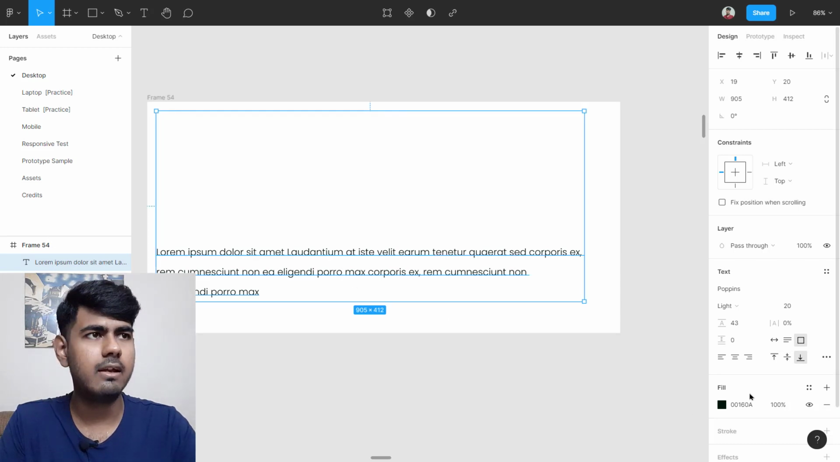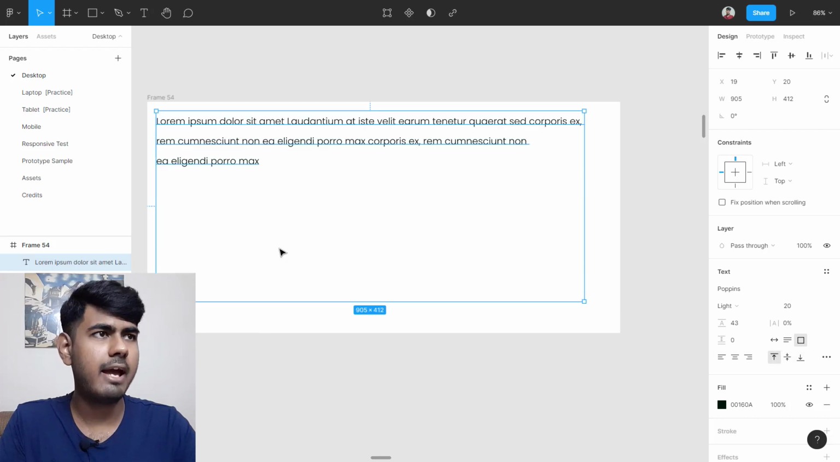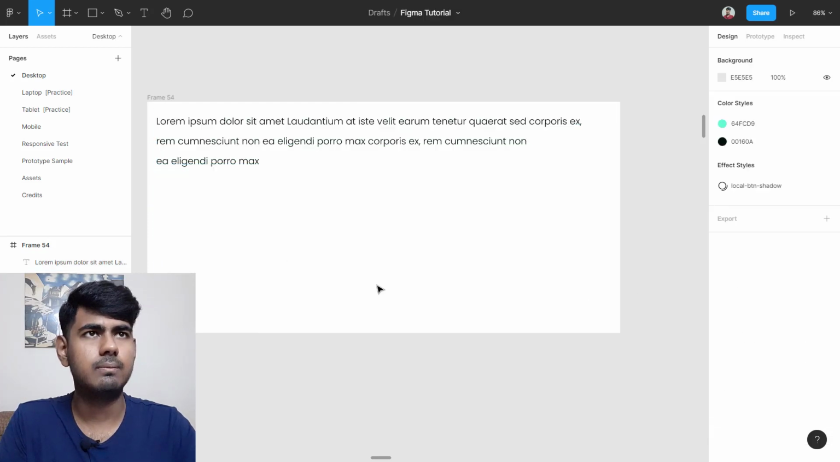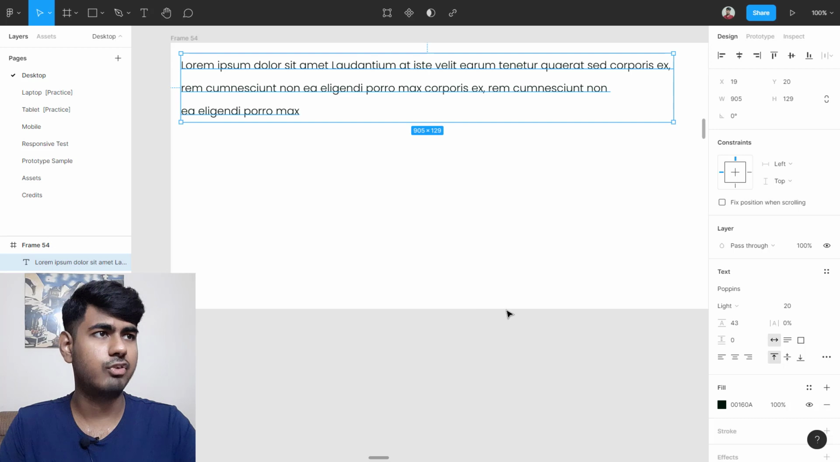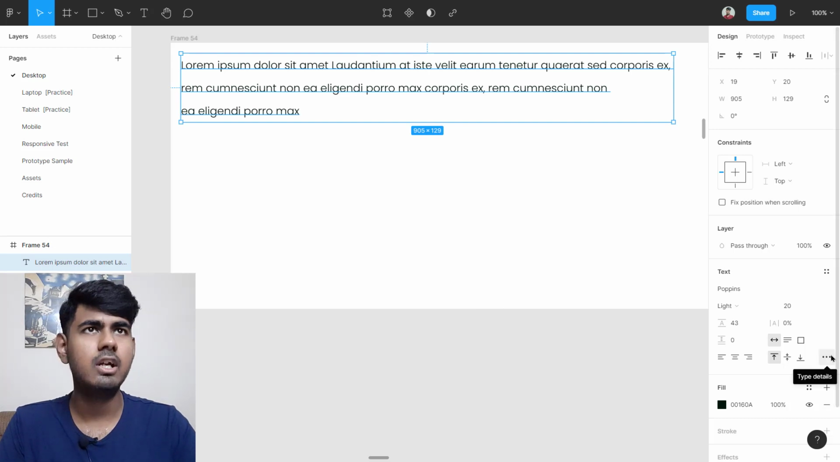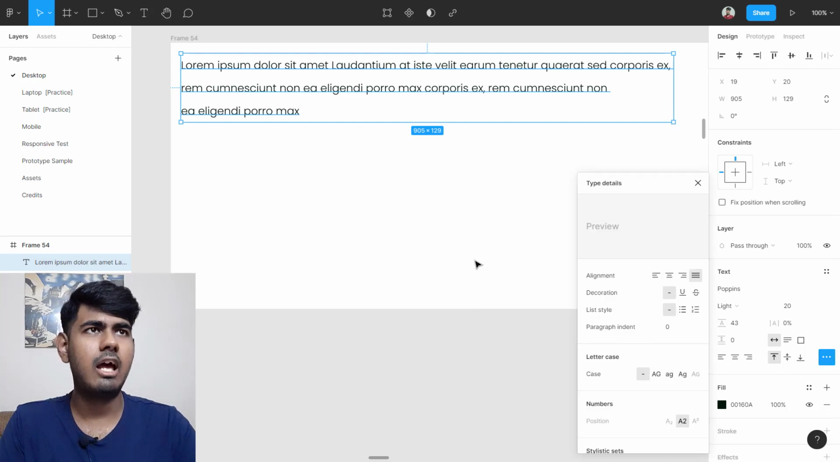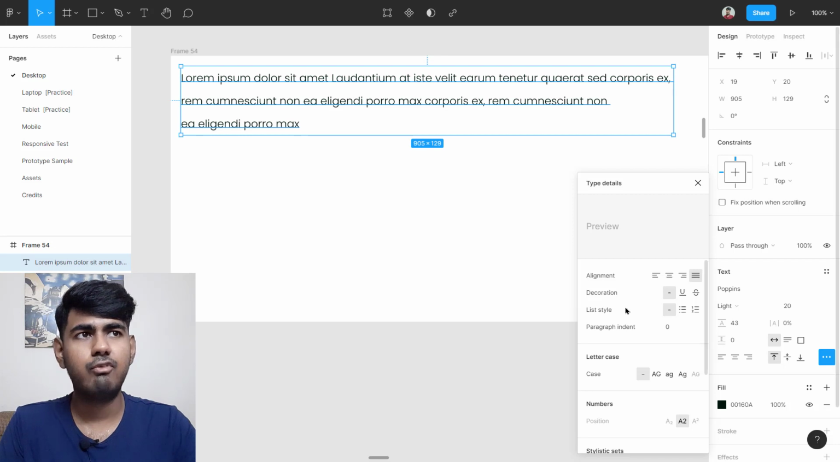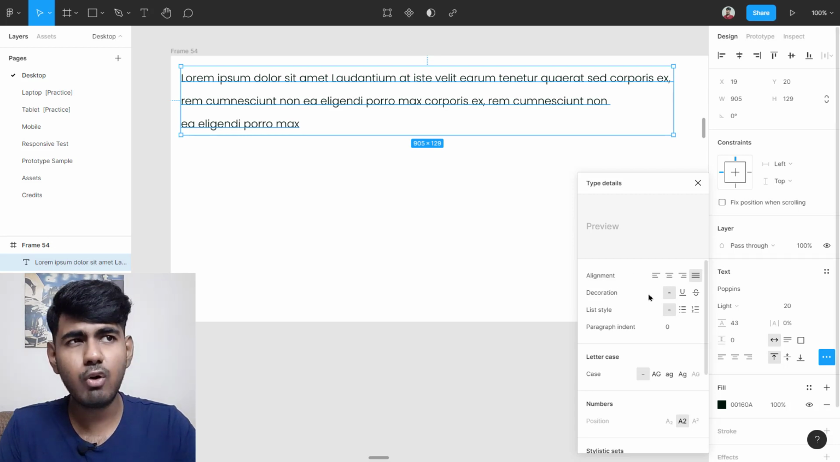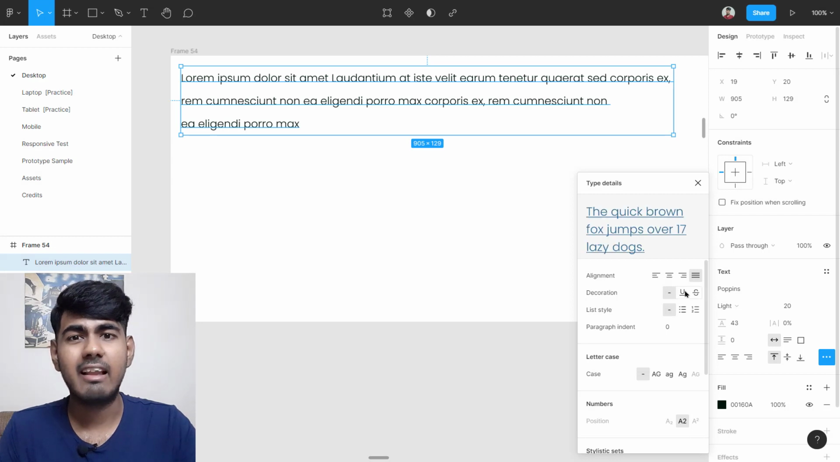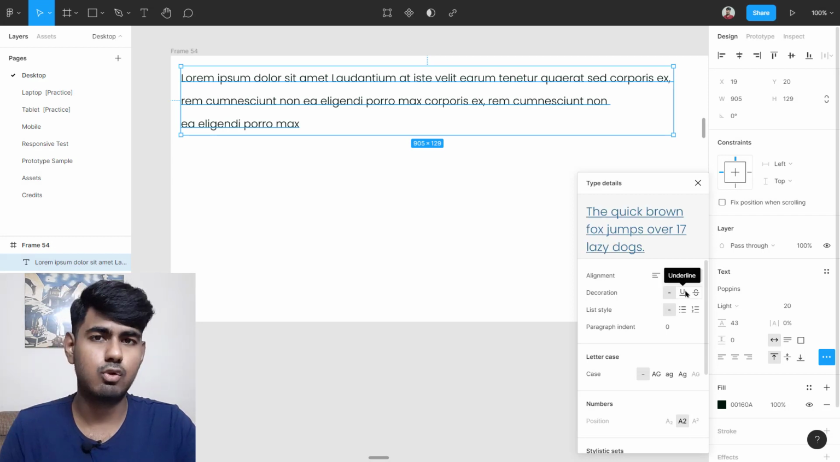So let's change it back like this at the top, and then auto width like this. There we go. Now let's look at these tools over here. You see these three dots over here. If you select this, then you're going to have more tools. First of all, you're going to get these alignment tools and then the decorations. If you hover over here, you get a live preview of what each and every tool does, like